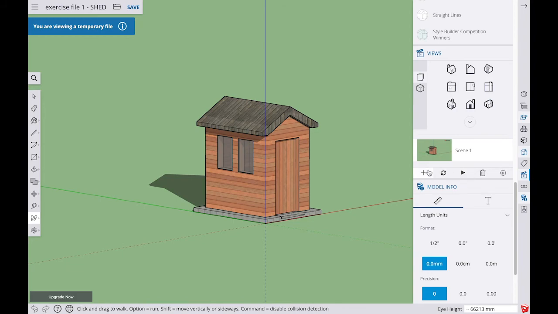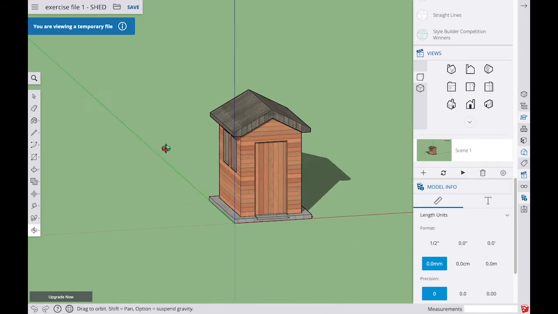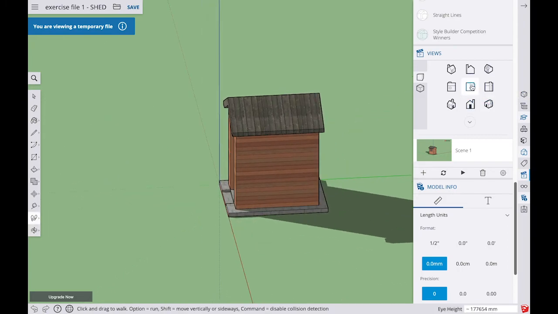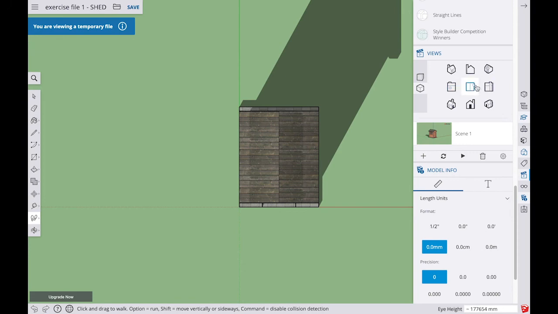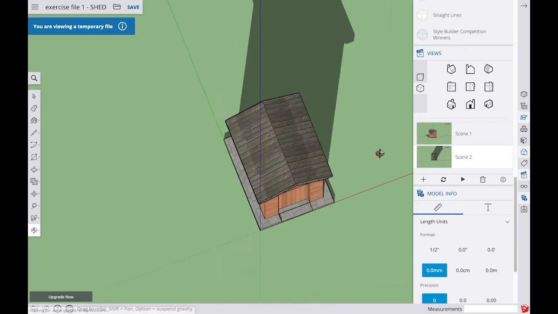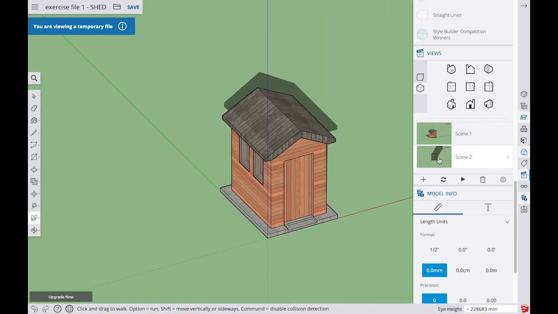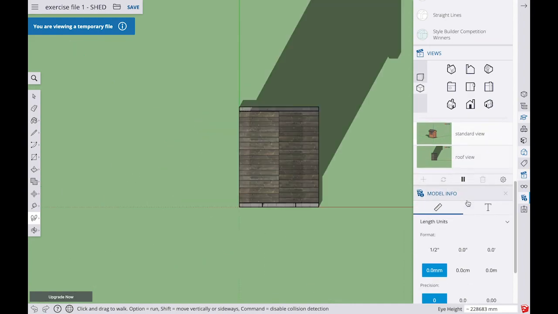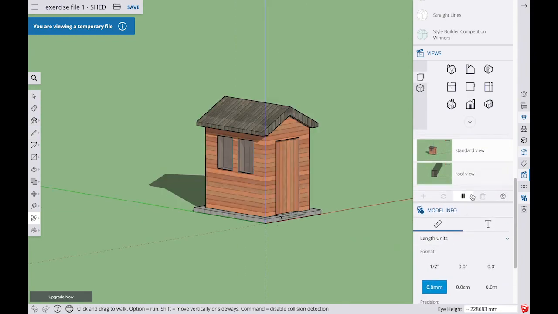Another feature of the scenes toolbar is that you can create animations. If I were to create another scene, say a roof scene from the top in a parallel projection, and I save this scene, another helpful thing to remember is that you can name your scenes, just to make it easier to navigate to them. I can say roof view, and this is just a standard view. If I click on this scene and then press this play button, then it will alternate between the two scenes. Obviously here this is a bit too fast, so if we just